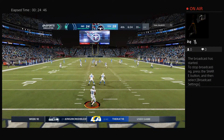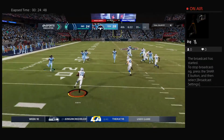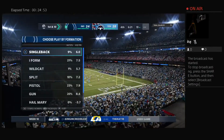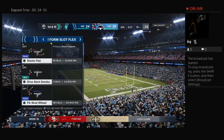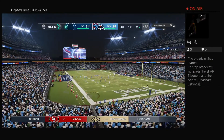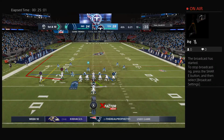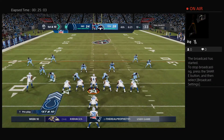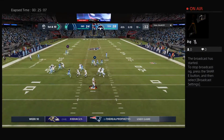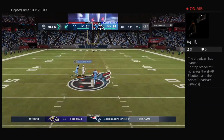Jakeem Grant now to return. He spins free. And he won't get this to the 20-yard line as he's down at the 19. The Colts take over 1st and 10 at their own 19-yard line. The Colts come to the line ready to start their next drive. And they have to try and move past that pick six because now they're dealing with a fourth-quarter deficit. And they need this drive to end in...